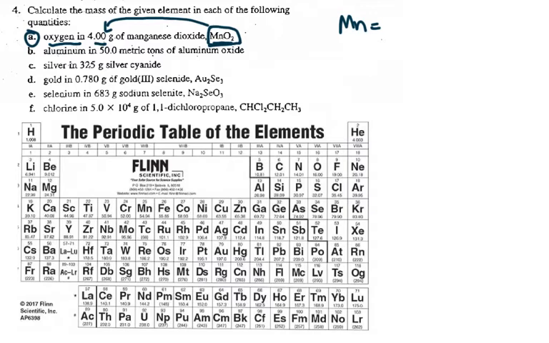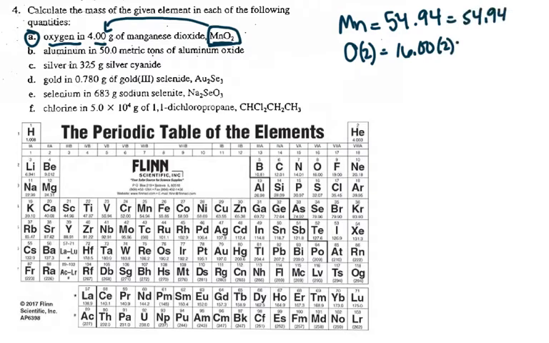So manganese, I need the individual mass of manganese, which is 54.94 according to the periodic table on this slide. If you're using a different periodic table, you should be using all of the mass numbers available to you. Oxygen, I need to multiply by 2 because I have 2 of them, and on here it is 16.00, so again I'm going to multiply that by 2. This stays 54.94 because it is just multiplied by 1, and 16.00 times 2 becomes 32.00. So now I'm going to add those together, and I get